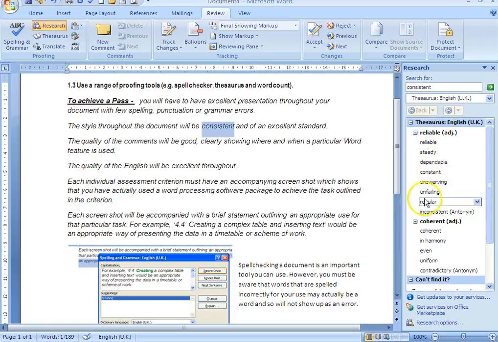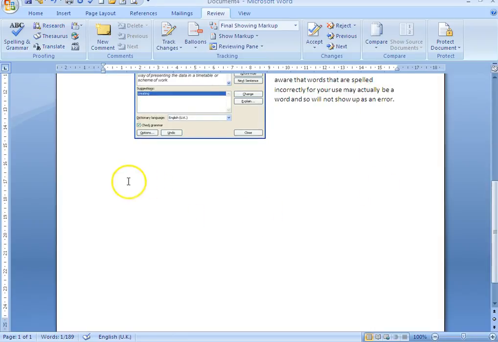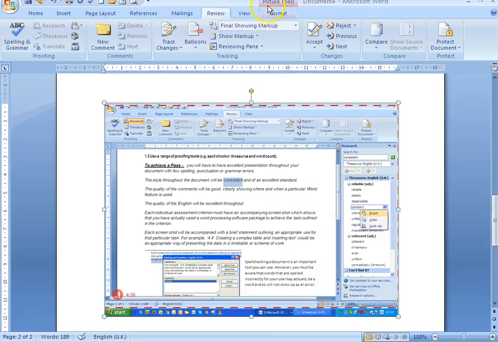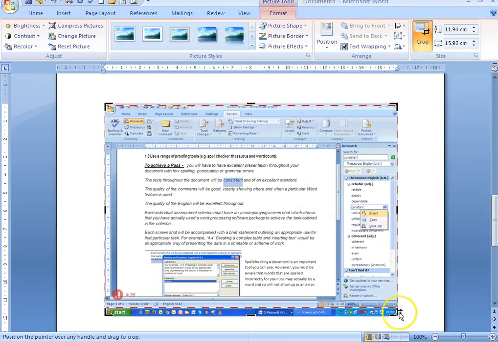So you can find a word, and you click on it, and now we can insert it, or we can look it up. There's a whole variety of things we can do. So let's do a print screen. I'm not going to change that. Then down here, Control V. Right click. Oh, we haven't got crop, so we go up to Picture Tools, Crop, and